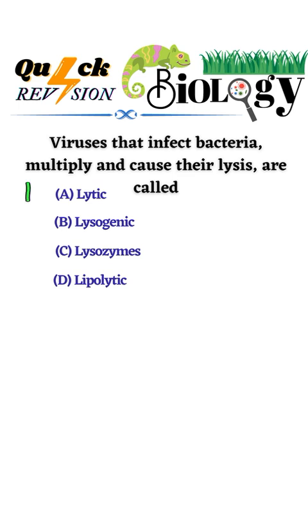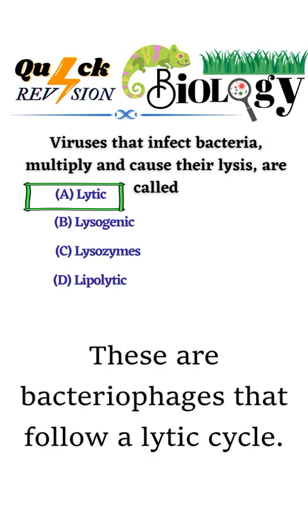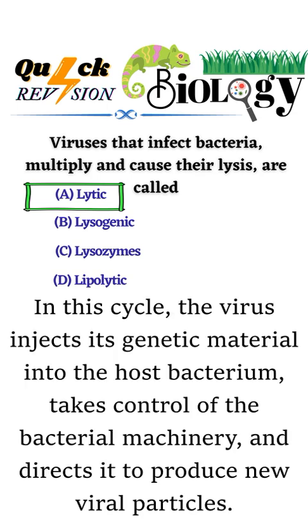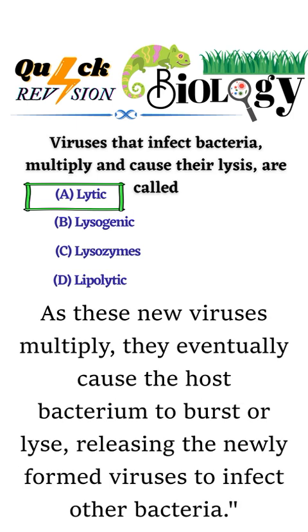The correct answer is A. Lytic. Let me explain why. Lytic viruses are bacteriophages that follow a lytic cycle. In this cycle, the virus injects its genetic material into the host bacterium, takes control of the bacterial machinery, and directs it to produce new viral particles. As these new viruses multiply, they eventually cause the host bacterium to burst or lyse,